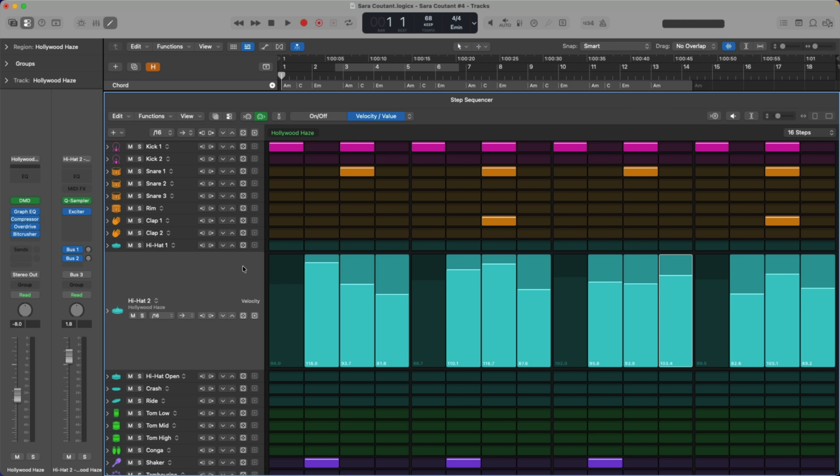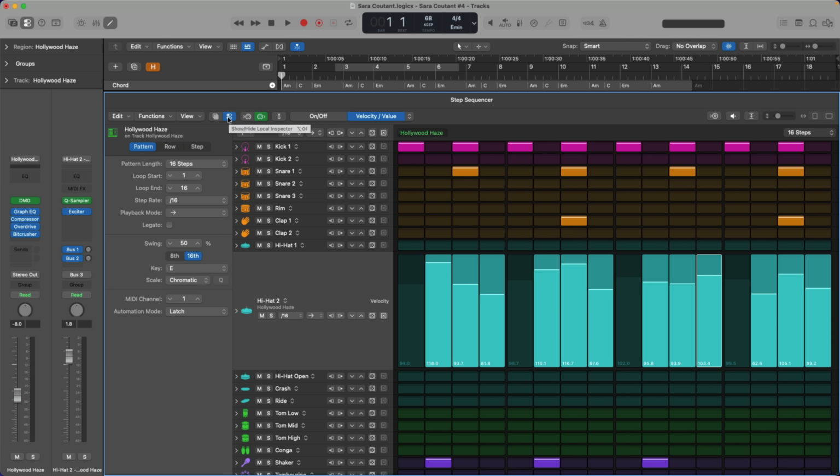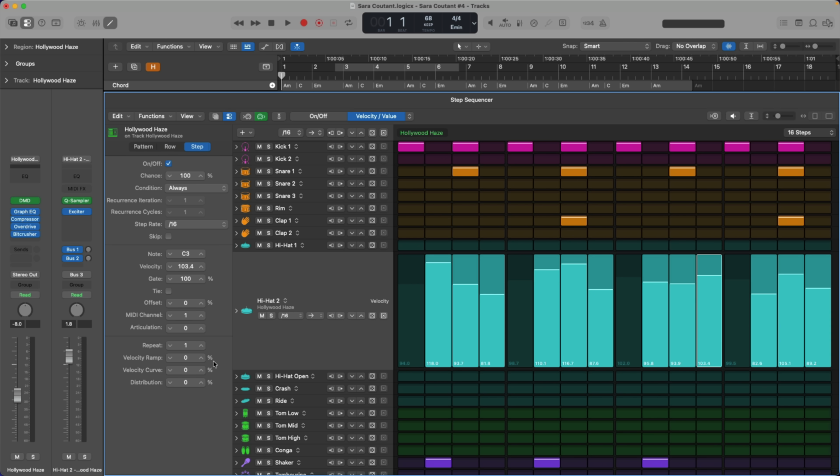In the Step Sequencer Inspector under Step, there are further controls for refining your repeats. Of course, you can increase repeats as you could with an edit mode. But you can also add a ramp of velocity for each repeat. You can play with the velocity curve and distribution. So if we take a listen to my beat here,